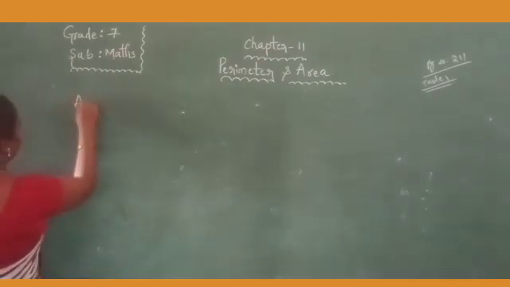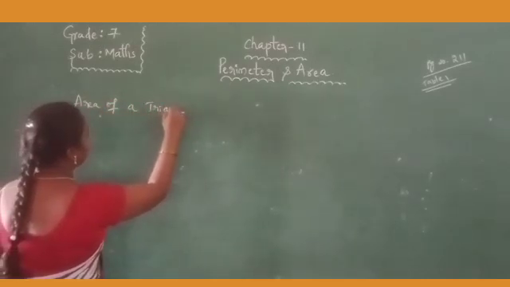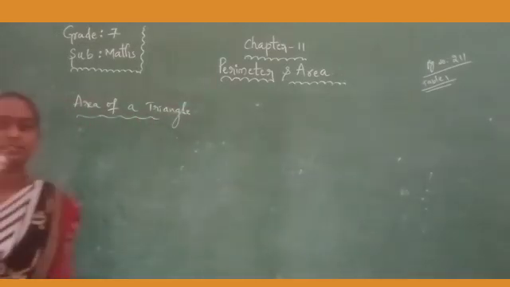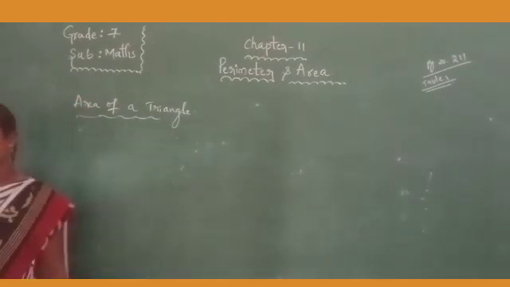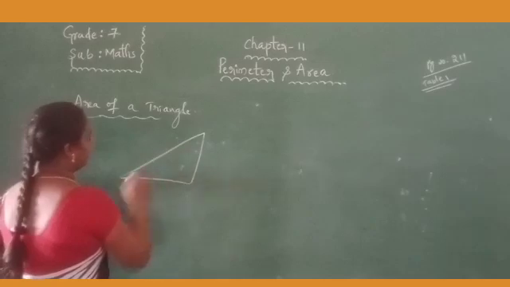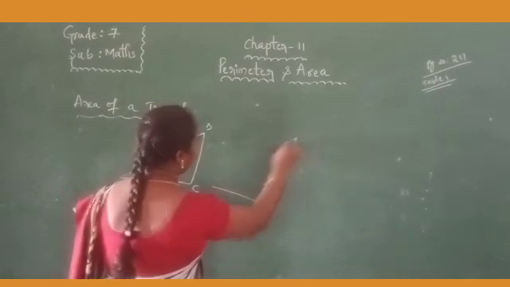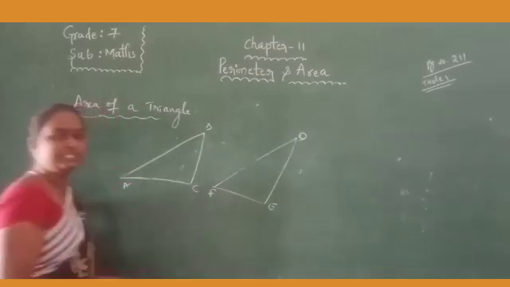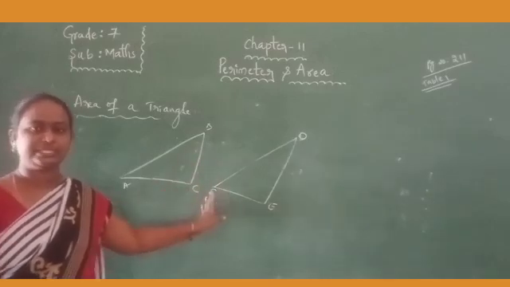Okay. So see, take two scalene triangles. Do you know what is a scalene triangle? No sides are equal. Then we can say that the triangle is called a scalene triangle. So take two different triangles, A, B, C, and one more triangle, D, E, F. These two are scalene triangles, no sides are equal, that means all sides are different.